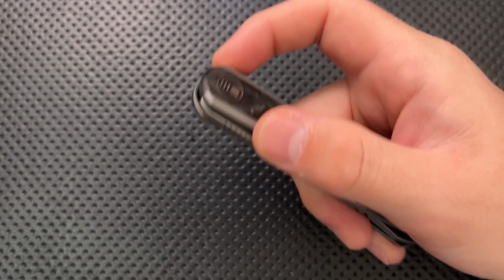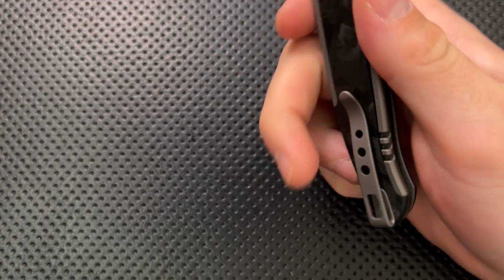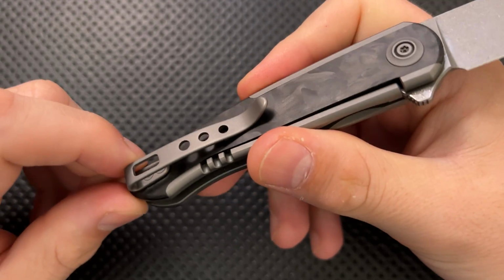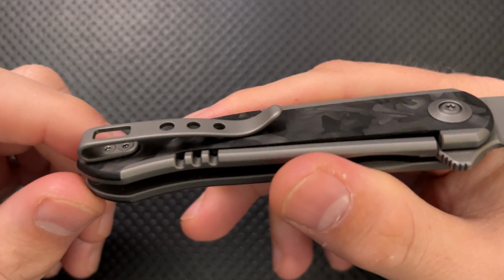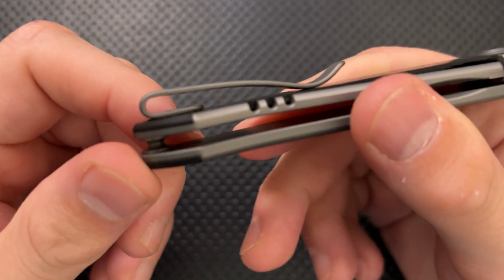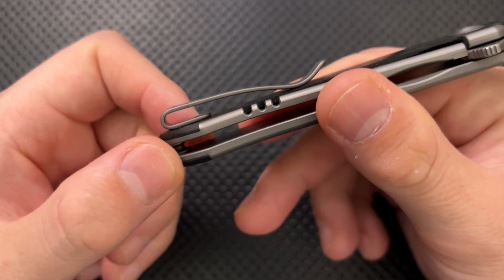And then finally, on the bad side, and probably the worst part of this knife, is going to be the clip. It is just not ergonomically super great, right? The clip is definitely the weakest part of this knife, because there are a couple of little issues with it. I mean, to start with, it's actually not countersunk. You can see the clip is, although the screws that they're using are flat on the top there,